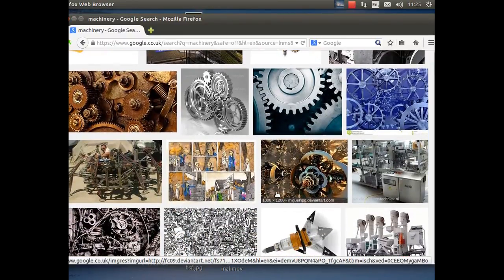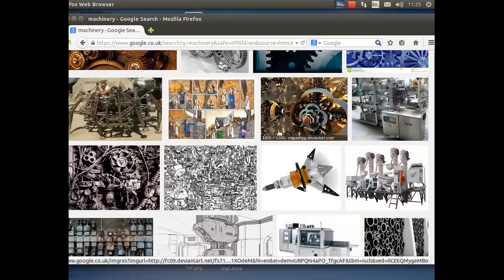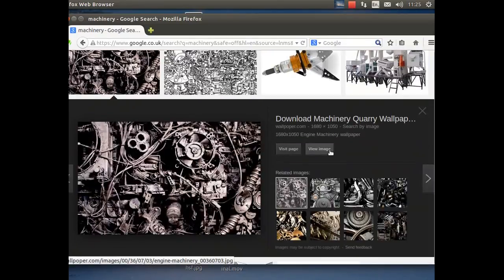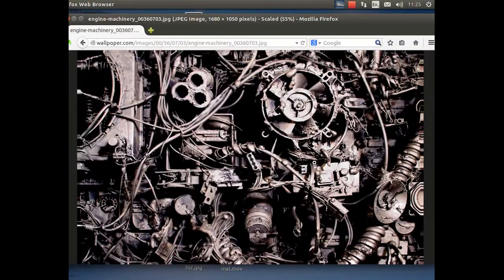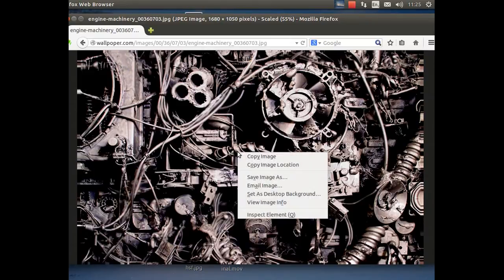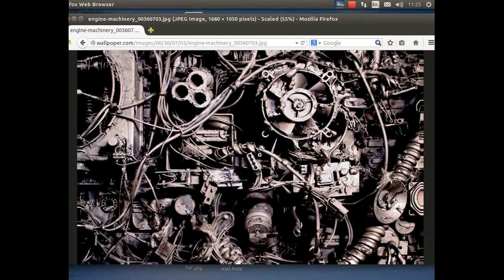Doesn't matter if it's black and white. What does matter is the depth of colour. I quite like the look of this one. So if we view image, I like the look of this one because it's very complicated. There's kind of pipe shapes on it, there's a big fan thing, there's all sorts of different things going on in this image. So I'm going to right click that image and I'm going to copy it to my clipboard,